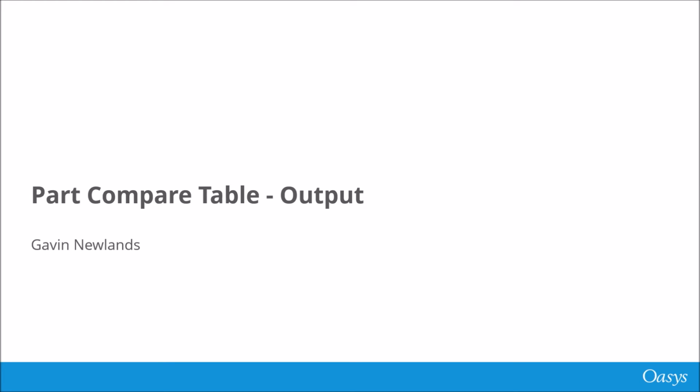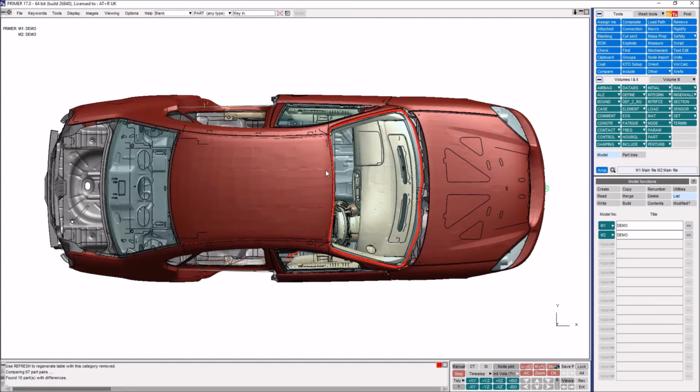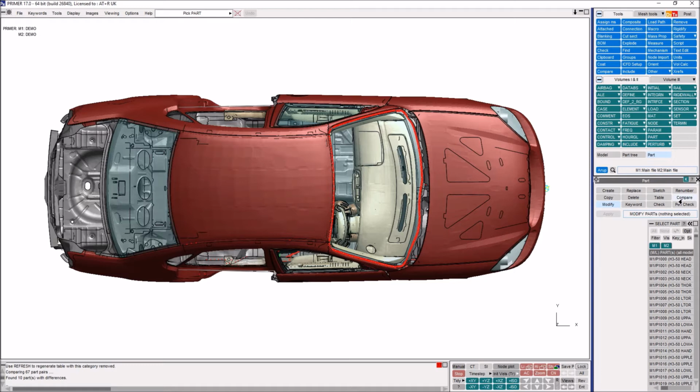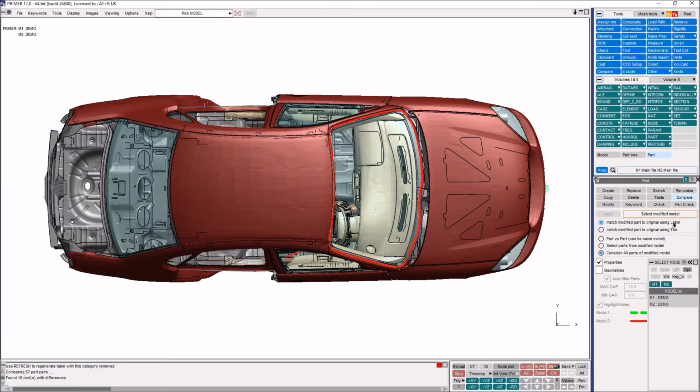Okay, so some changes we've made to the part compare table now. I'm going to go straight into a demo for this. Here we have two models read into Primer, two vehicle models, Model 1 and Model 2. There are some small differences between these two models, and I want to use Primer to investigate those differences. If I go to Part and then click on Compare, this is the panel where you can compare